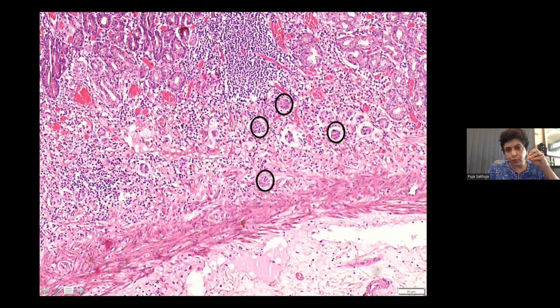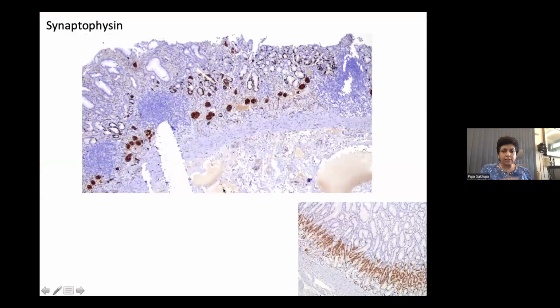So these are just a few that I've circled in black. These are nests of endocrine cells, which is endocrine cell hyperplasia that can accompany the autoimmune gastritis. On the lower right, I showed you what you see in antral mucosa, mind you, whereas this is part of the body mucosa more commonly, but can be seen in the antrum, where you see a band-like endocrine cells on synaptophysin stain,